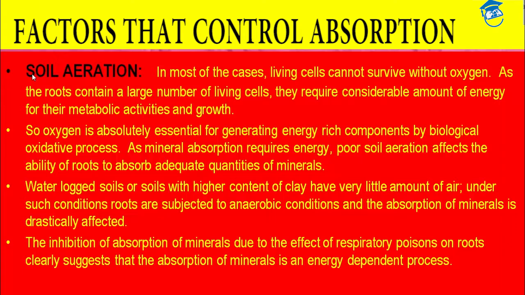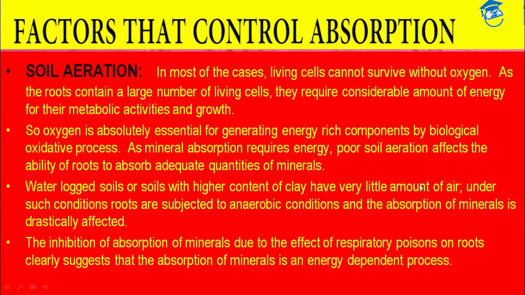There are factors that control the absorption of this mineral nutrition from the soil. The first factor is soil aeration. So properly aerated soil should be there for the proper absorption of minerals from the soil to the upper part of the body. So you should inhibit the use of